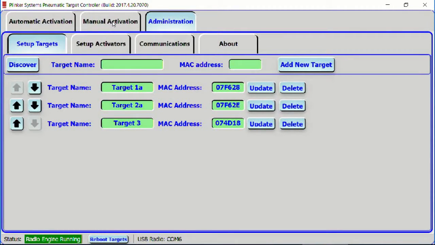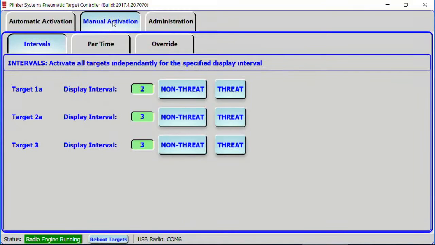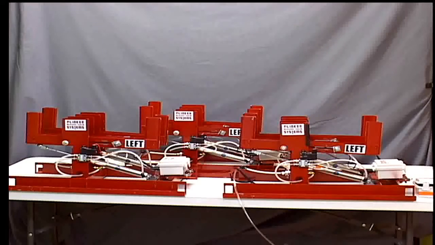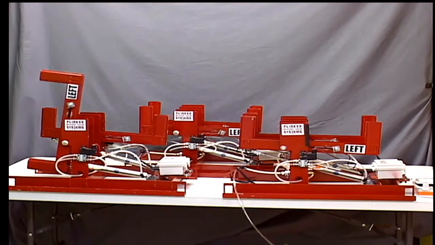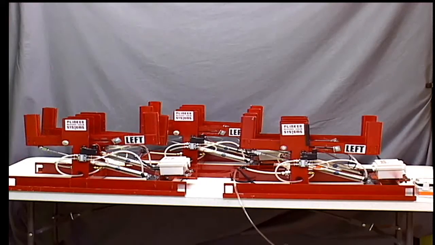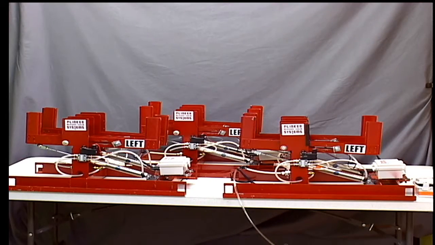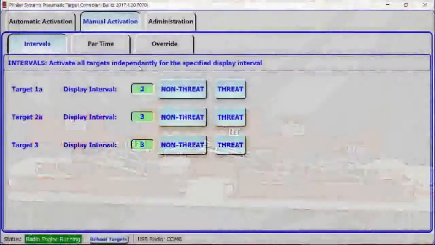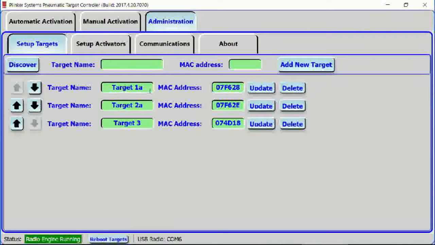So now I'm going to go back to the manual activation tab, and I'm going to click the non-threat button on the target that's currently named target 1A. So when I click that, go over here to the targets, I click the non-threat button, and sure enough, it's the target in the front. So we know we've got the order correct, and if I go back to the administration tab, I can just update these,